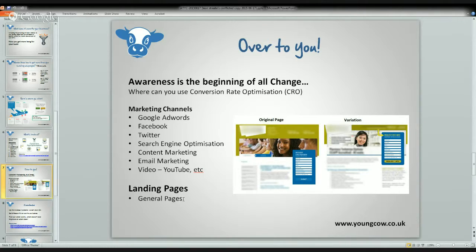Landing pages can either be dedicated or they can just be general pages like the About Us page on your website. Actually, you can split test any page on your website. The key thing here is understanding that conversion rate optimization is a metric that you can implement into your marketing strategy in order to understand how you can get more revenue back from your potential visitors, which then become customers, with what you're already doing. And so once you start to tap into that and improve that conversion rate, now you can invest more into your marketing because you're in a position where you can see the landscape, but now you're going through the journey of increasing that, so keep pushing forward.